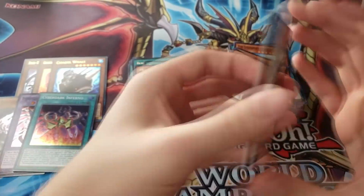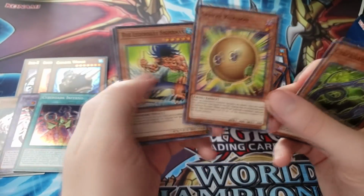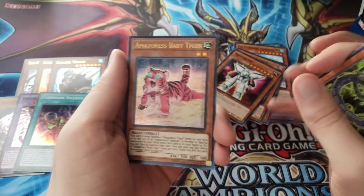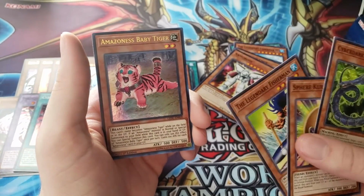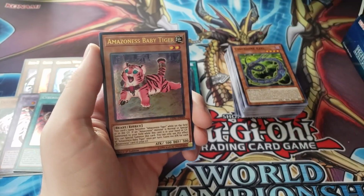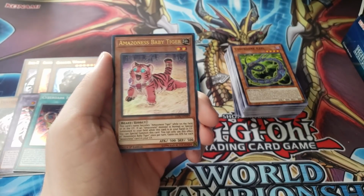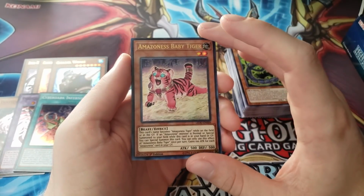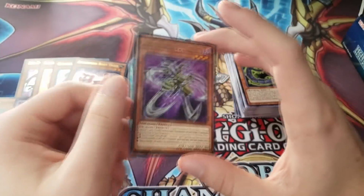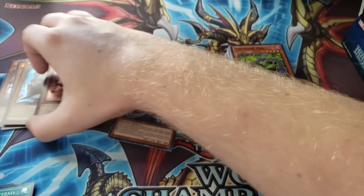It's still pretty normal summon reliant, like every deck in Duel Links, but oh, Sphere Kuriboh, there we go. One of the best, or pretty much the only hand trap in Duel Links that's actually played. And Amazoness Baby Tiger, which is technically not banned because it's semi-limited, but the Duel Links ban list works where you can only have 2 total copies of any semi-limited card, and Onslaught is semi-limited as well, which means you basically can't play Baby Tiger, because Onslaught is a mandatory staple 2-of. But this card was super annoying when it was around, because once again it was just a free